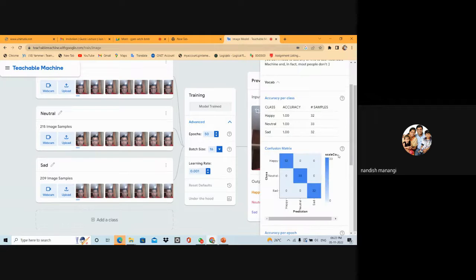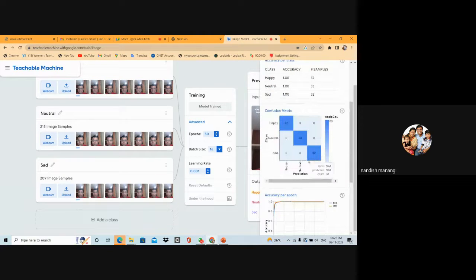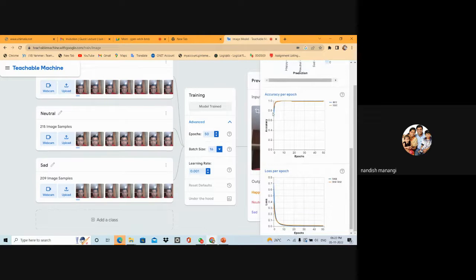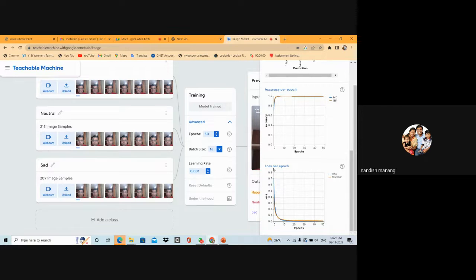And there is something called confusion matrix. This confusion matrix is a 3x3 here because we created three classes here: happy, neutral, and sad. So this output is because of the logistic regression. So if you see here, the accuracy per epoch, 80 to 100% it is achieved because it is overfitting here. And the loss function or the cost function, which I said here, it has done really well and it has come to 50 epochs here. So what we will do is we will tune this to achieve better accuracy. Actually, 100% is a very good accuracy. I don't know how much better we can do, but definitely I will show you if we reduce the epoch,